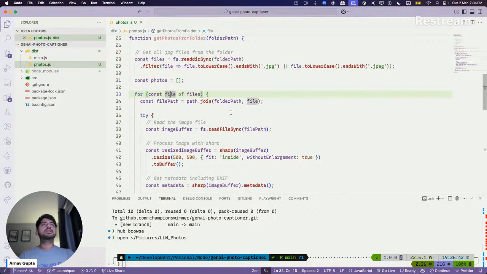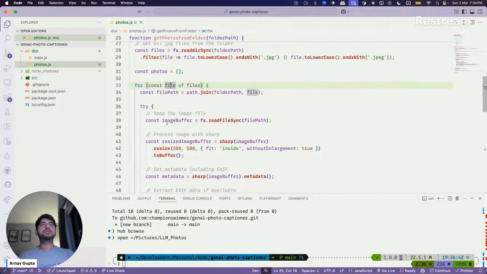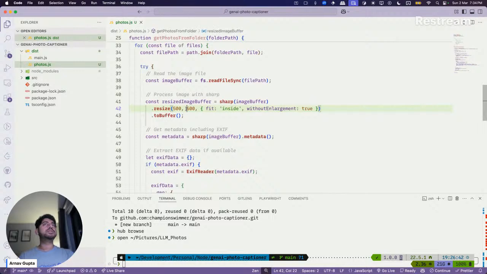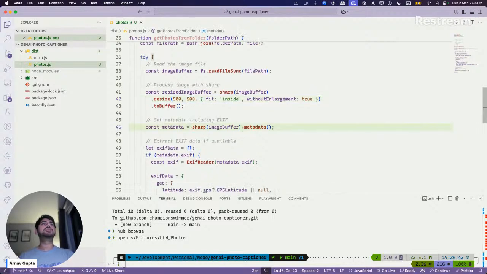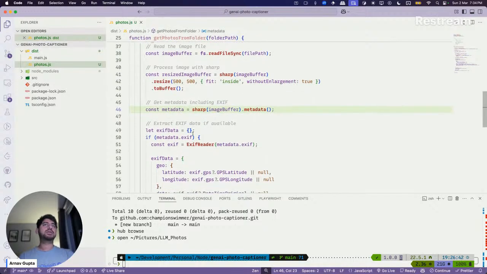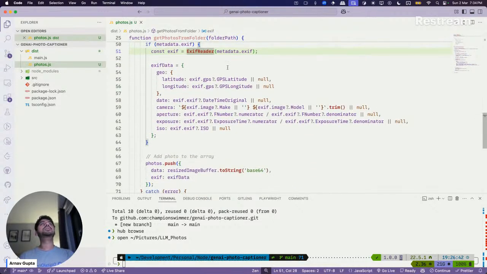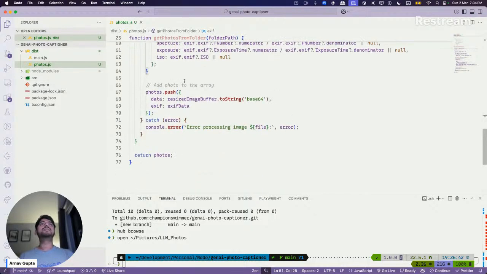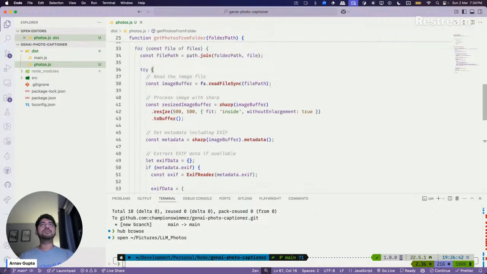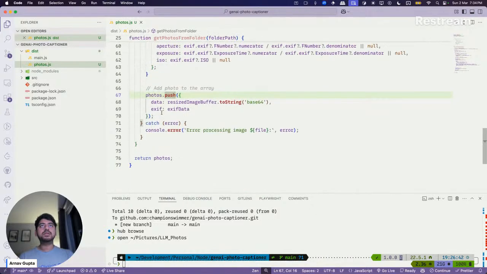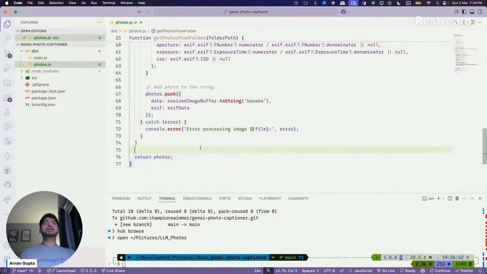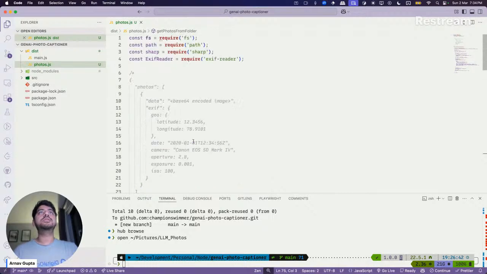For file path, read the file, resize it, okay, metadata, and then extract the EXIF data using EXIF reader, create camera and ISO, and there's photos. Have they created a photos array in the beginning? Yeah, and return photos. Okay, let me do this and see if this works.